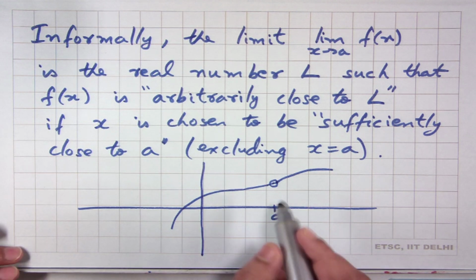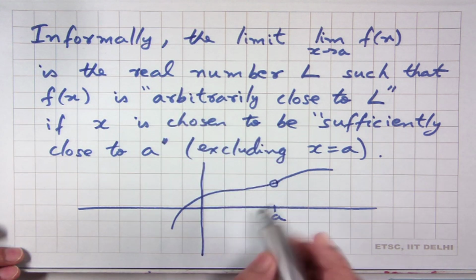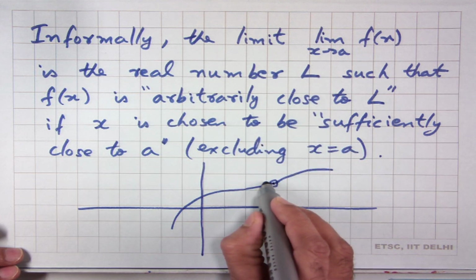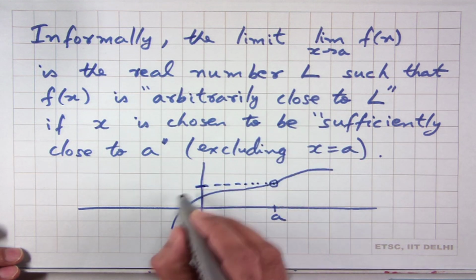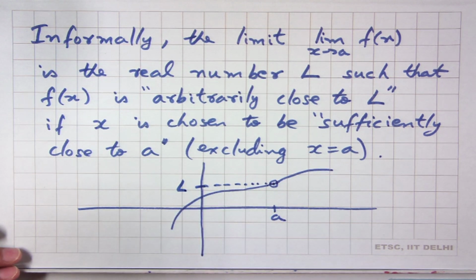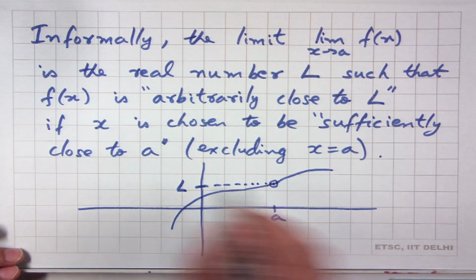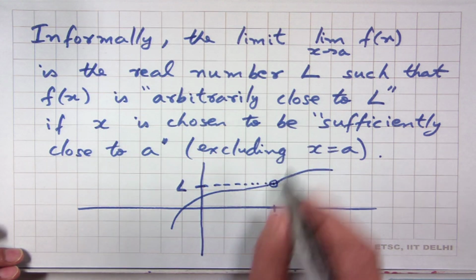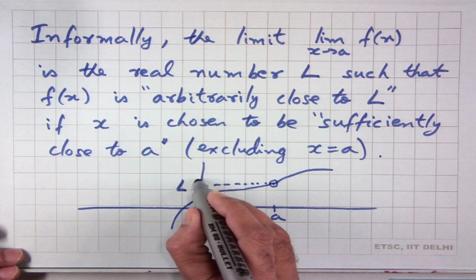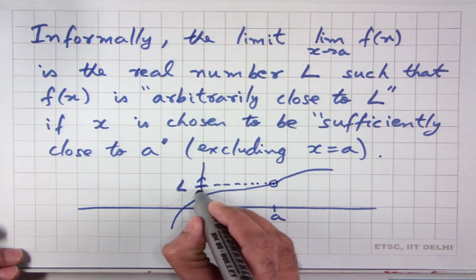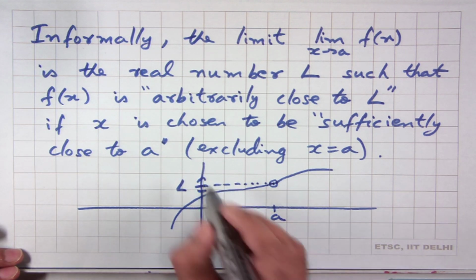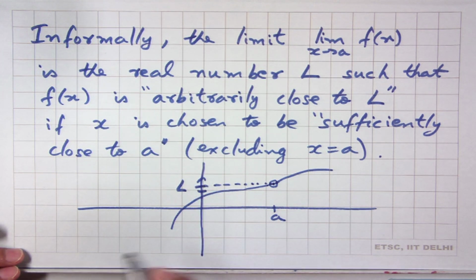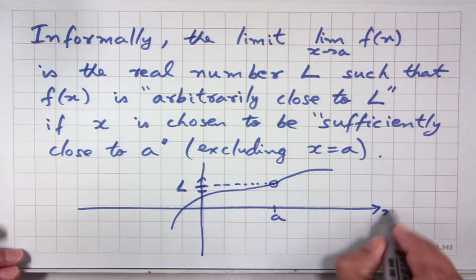So, if we look at this definition, the limit of f x as x tends to a is this number L such that if you want the value of f x to be as close to L as you want. So, suppose I want my f of x to be in this interval containing this point L, then